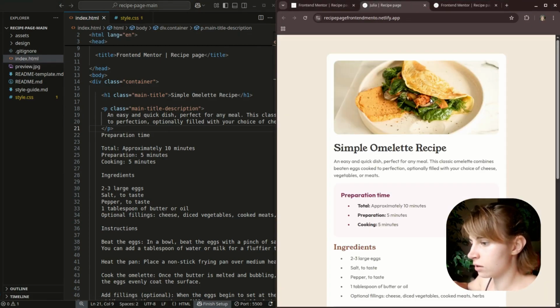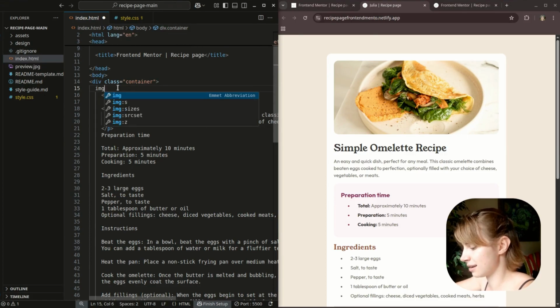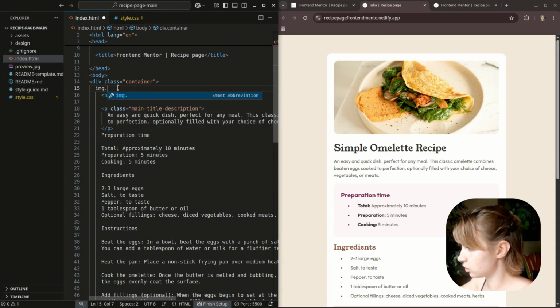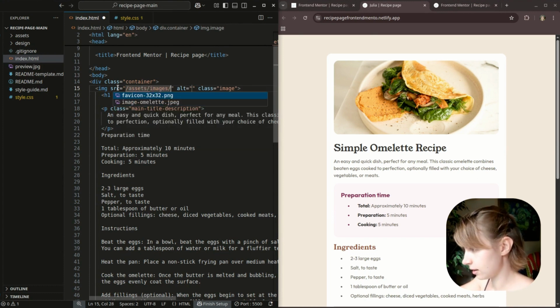And then when we take a look at the original project, we can see that there's an image here, and this image is provided to us. So let's place that into our HTML. So we're going to do img, and we can add a class to it. We can just add the class of image for now, because this is the one image that's in this project. And then we're just going to do a slash assets, images, and the two images here we see is